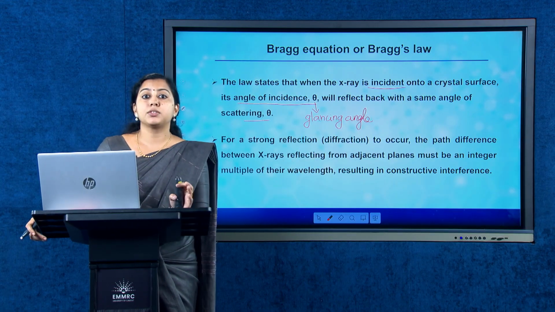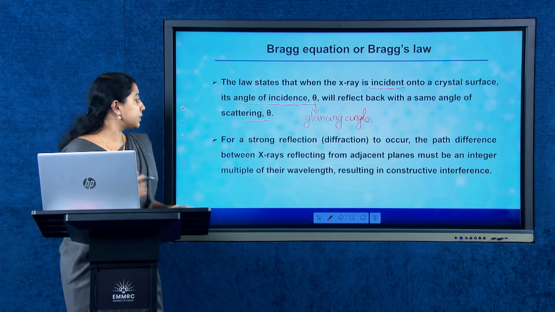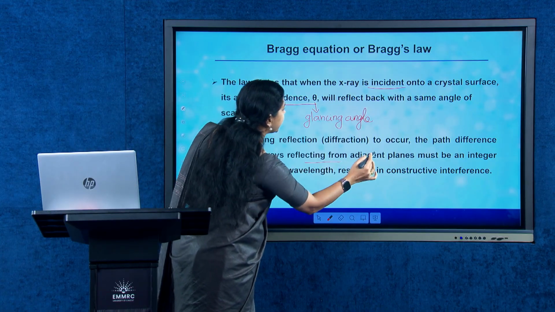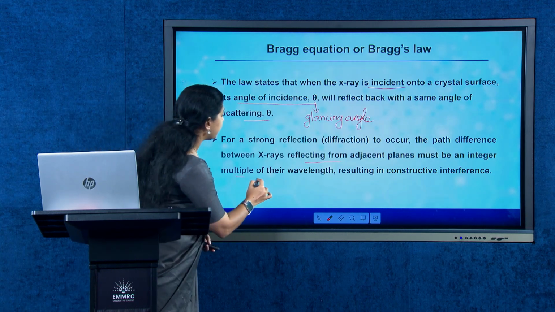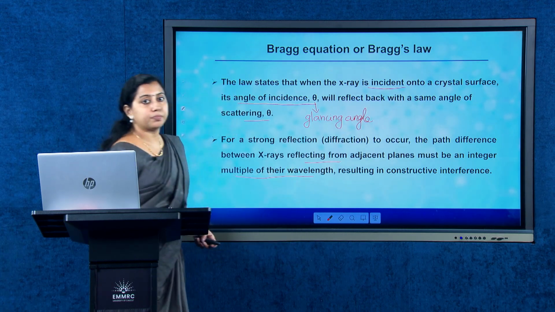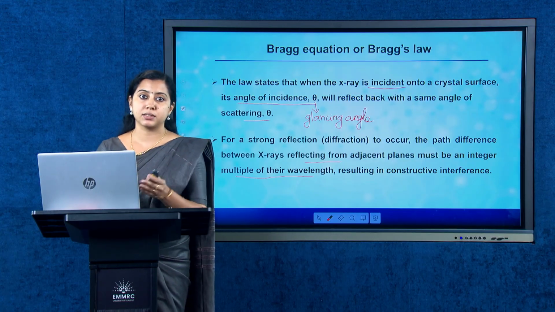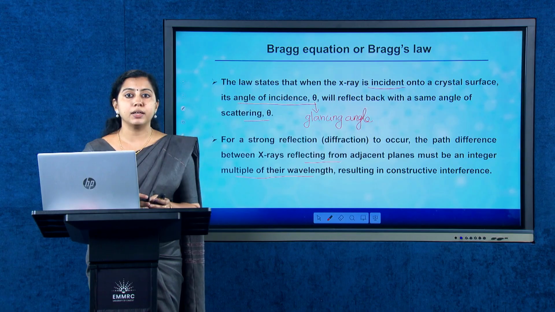Further, for a strong reflection or diffraction to occur, that is of maximum intensity, the path difference between the X-rays reflecting from successive planes must be an integer multiple of their wavelength,